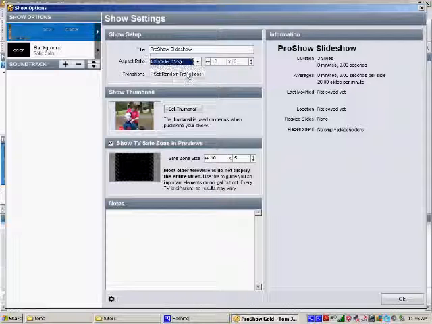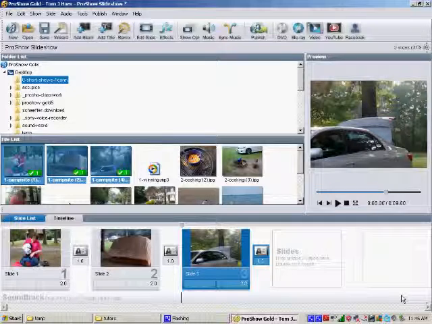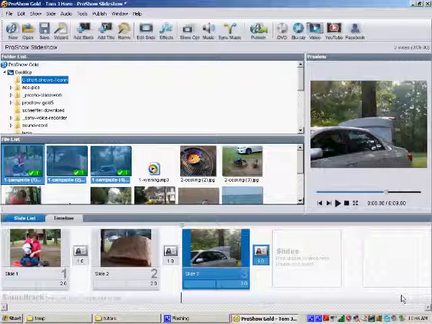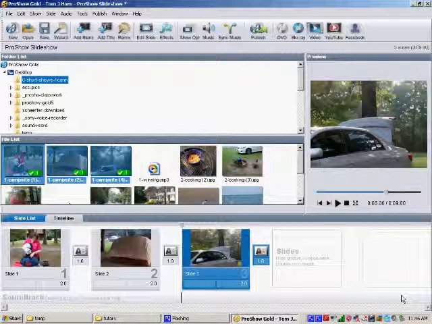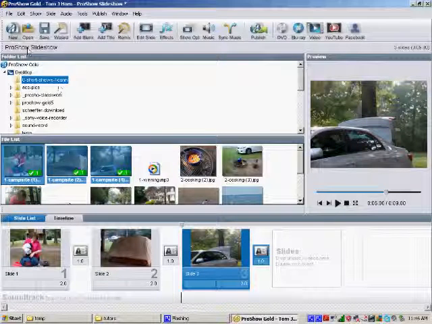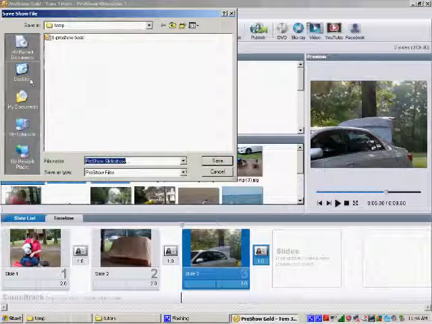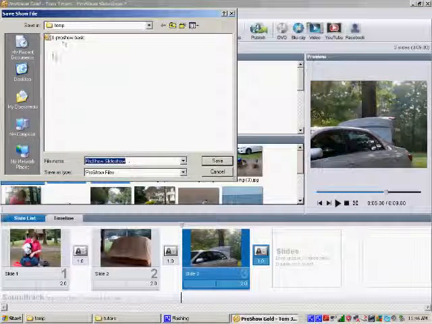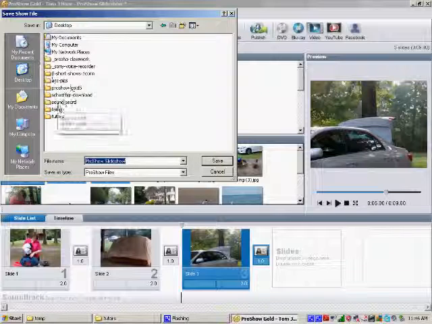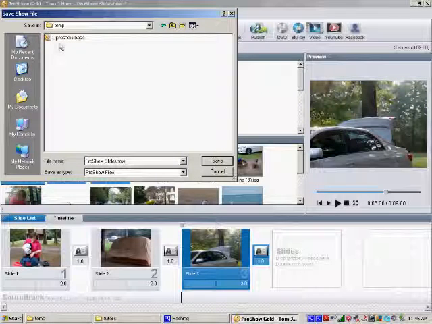When I click OK, that setting has been made the effective setting that the whole show is going to run by. So I've just done a few basic things with the ProShow Gold program. And now, so I could work on my project at a later time or do something else with it, I'm going to click on File and then Save As. And when I do that, I'm going to put it on the desktop, and I'm just going to put this in a folder called Temp. And I'm going to call it One ProShow Basic, and then I'm going to click Save. So now that slideshow that I've just created